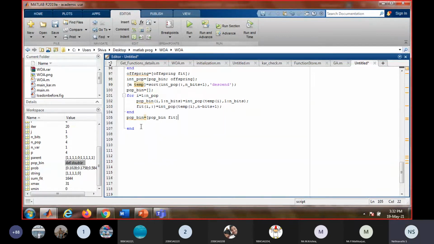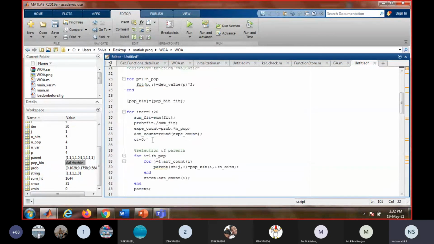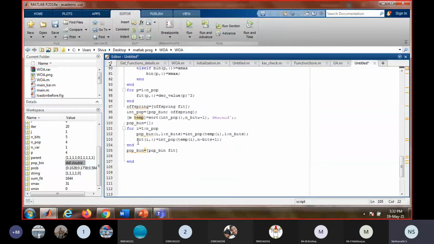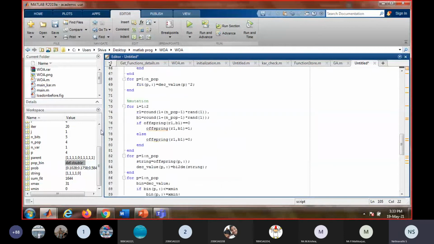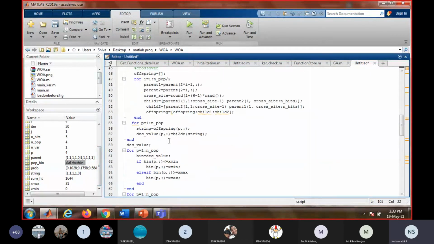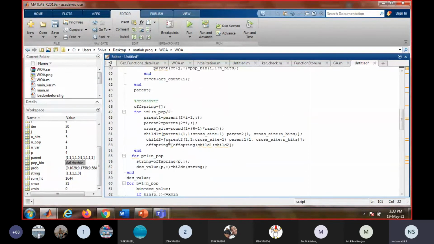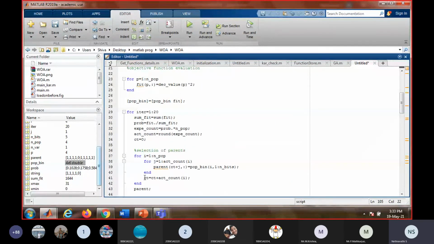Okay, so this is the program. We have written the code for one iteration and kept it inside a for loop, and the for loop repeats itself for 20 turns. The number of iterations is 20. Once you've done this, you can save it and run it. So the same program I have here.